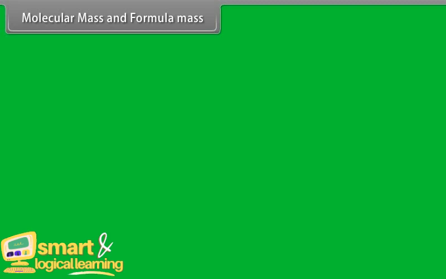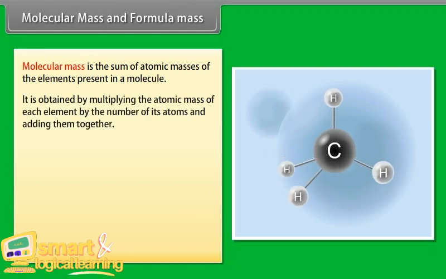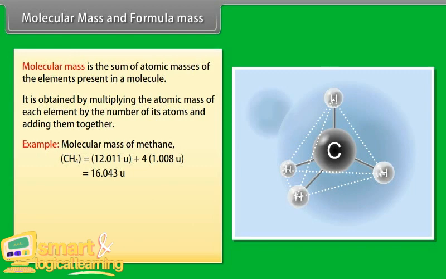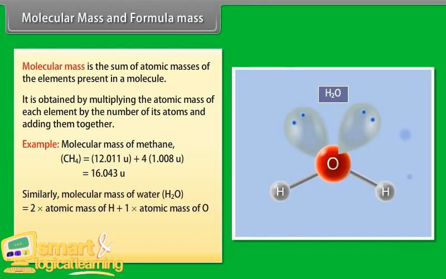Molecular mass and formula mass. Molecular mass is the sum of atomic masses of the elements present in a molecule. It is obtained by multiplying the atomic mass of each element by the number of its atoms and adding them together. Example: molecular mass of methane CH4 is equal to 12.011 u plus 4 × 1.008 u, which is equal to 16.043 u. Similarly, molecular mass of water H2O is equal to 2 × atomic mass of H plus 1 × atomic mass of O